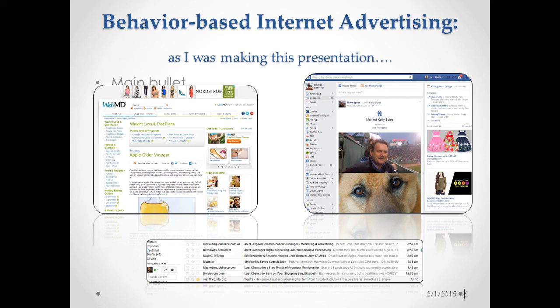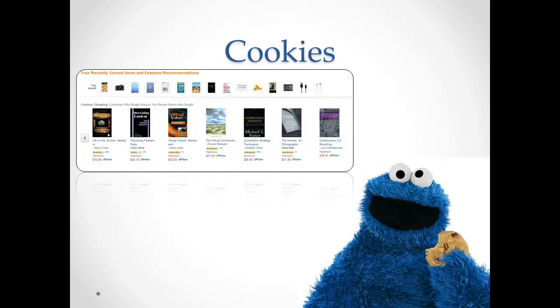Now with tracking, advertisers know what sites you like. You're indicating it through your clicks. They know what searches you make. They've profiled you, and unlike in real life, profiling on the web is okay so far. There's no legal problem with it so far. Ethically, we can question it all day, but legally, so far, it's okay. So legal issues aside, let's talk about a further definition of the technology.